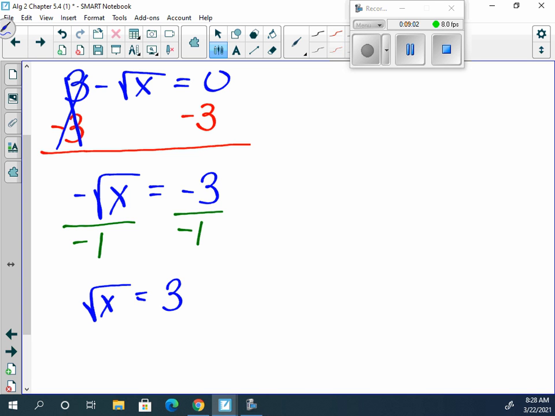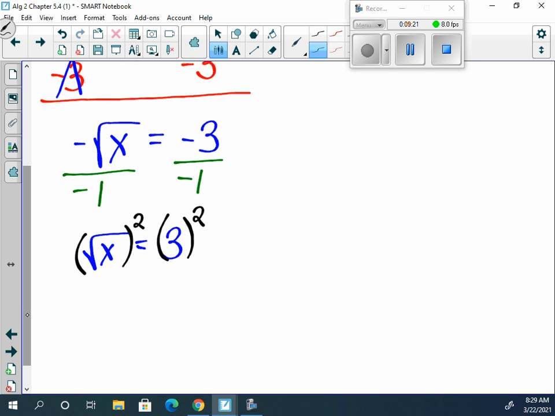Okay? Now what can we do? We can square it because the radical is by itself. There's not a negative number in front of it. Nothing being added or subtracted or multiplied on the outside. So we can square both sides. And if we square both sides, the square root and square will cancel, telling me that x is equal